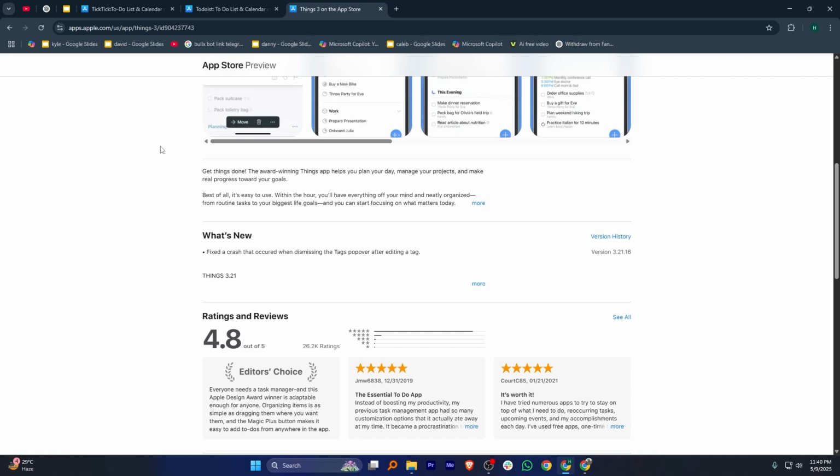In my opinion, TickTick is feature-rich, Todoist is flexible and team-friendly, and Things 3 is simple and elegant for Apple